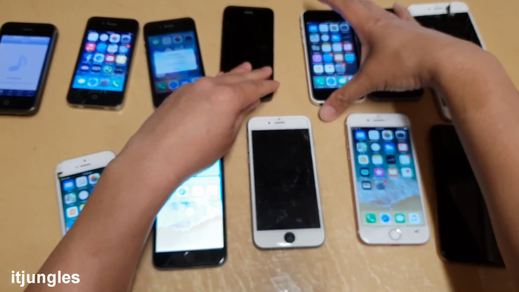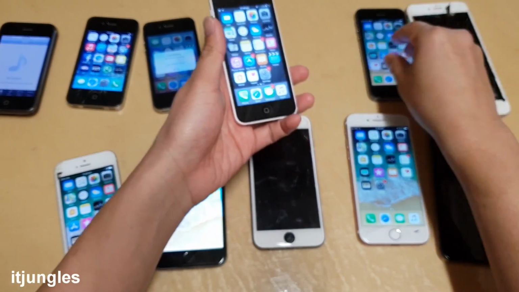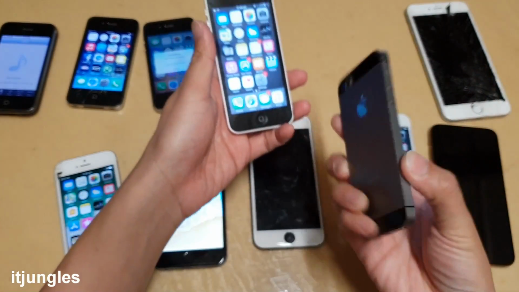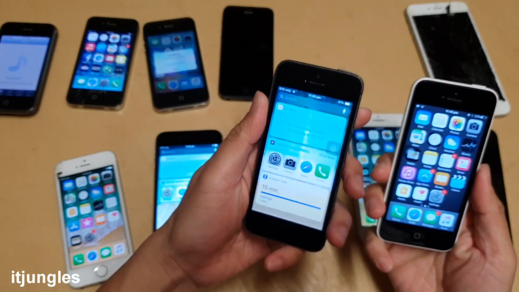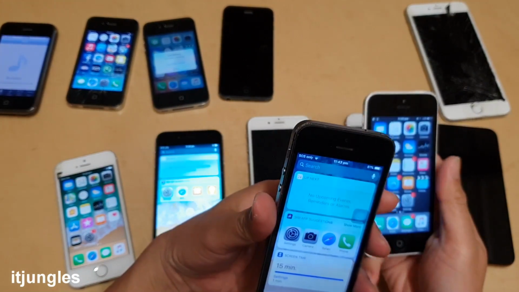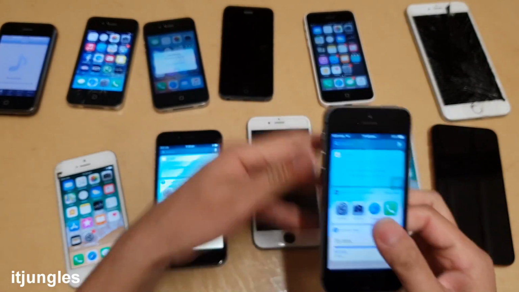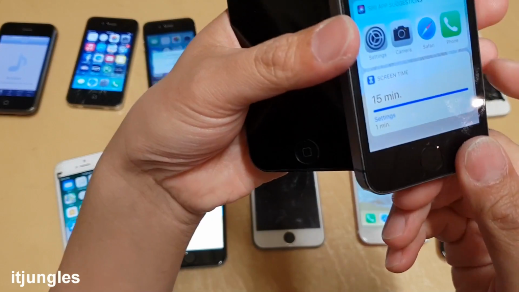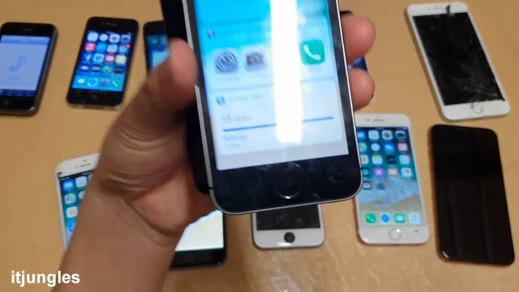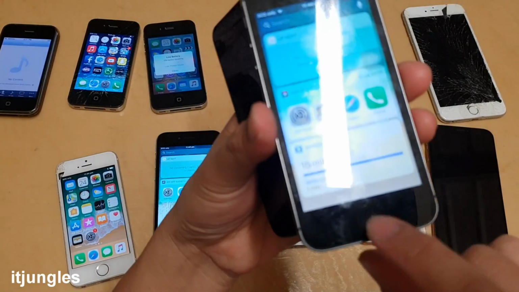In 2013 they brought out two phones: the iPhone 5S and the iPhone 5C. Now the 5S looks very similar to the iPhone 5. You actually can't tell if it's the iPhone 5 or 5S. Well, there's only one difference down here, the home button. It's not easy to tell, but you can tell because